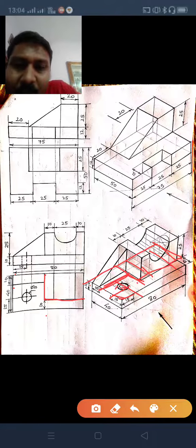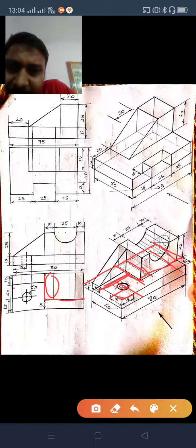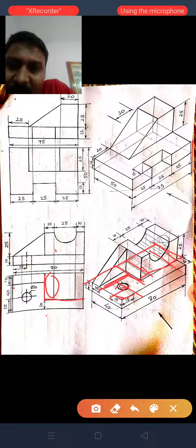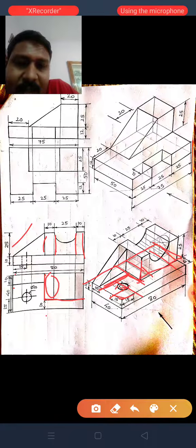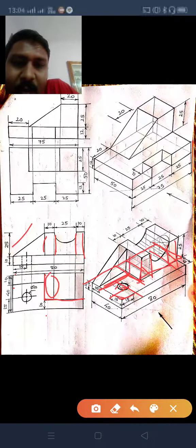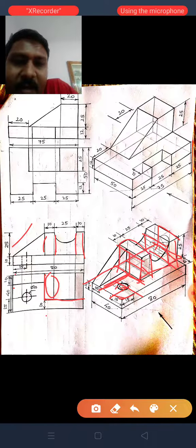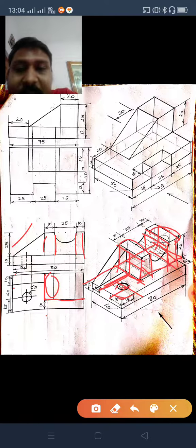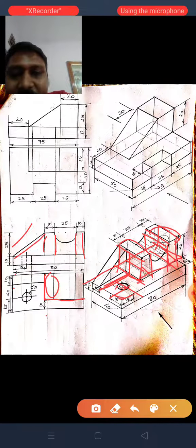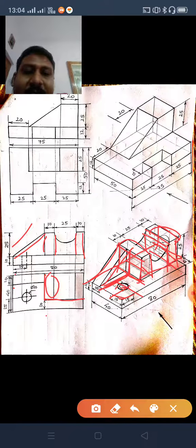Now what you see is that this block is having a height of 25. See here 25 height is given. So all these are of 25. So from all these points just put a height of 25, and join this. You will get this block completed. Now once you have completed this, this is inclined, joined here, so just join here and join here, from here to here. So likewise you have completed this.